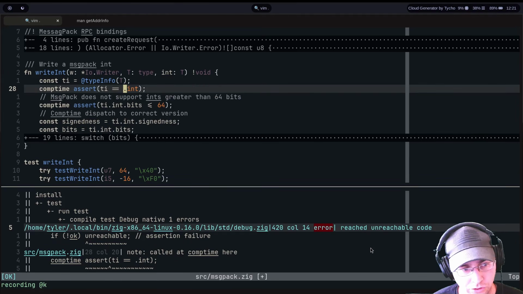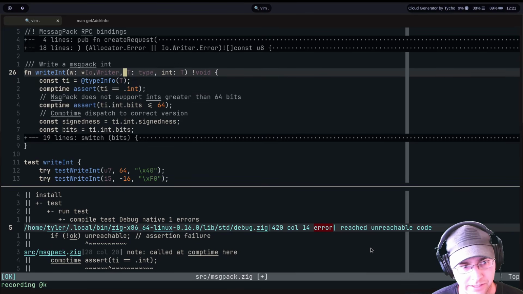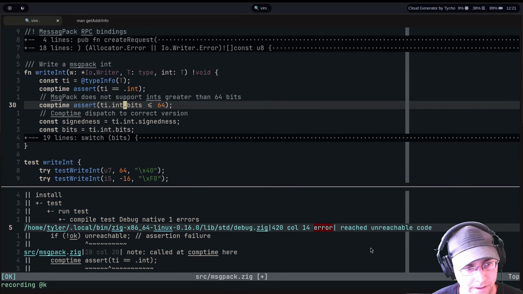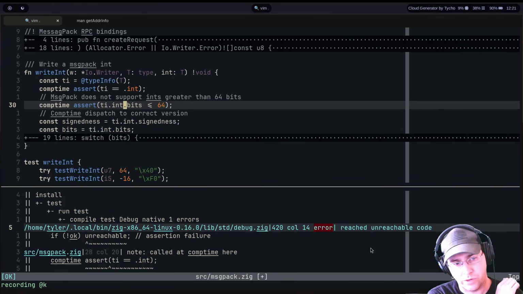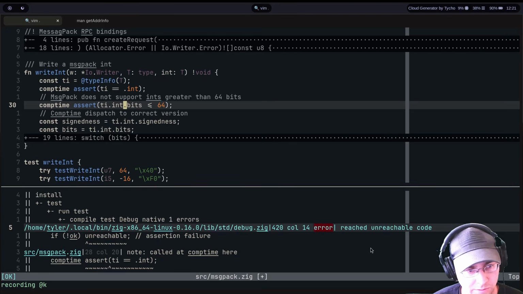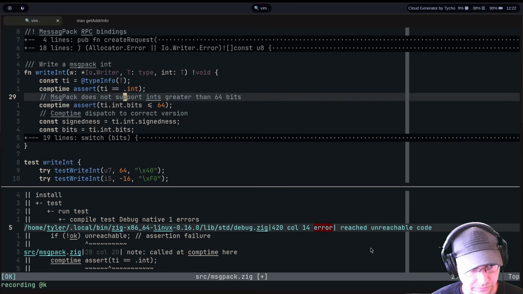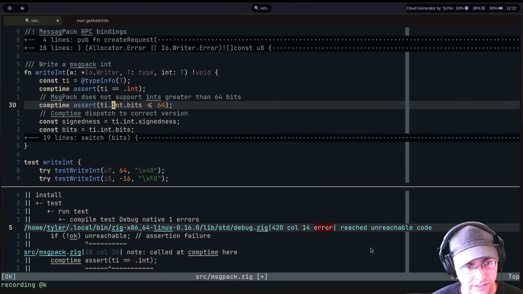This isn't necessary for it to be generic. It's just a little safety check for me to make sure that when I write this, if I ever use this, I don't accidentally pass some other value to it. I also make sure that the type that's being passed is only 64 bits in width, because message pack only supports integers up to 64 bits. And I can check that because